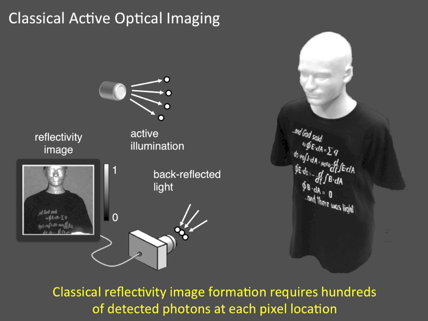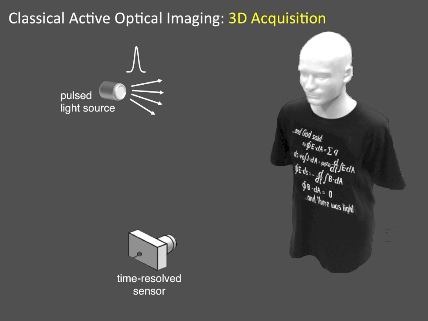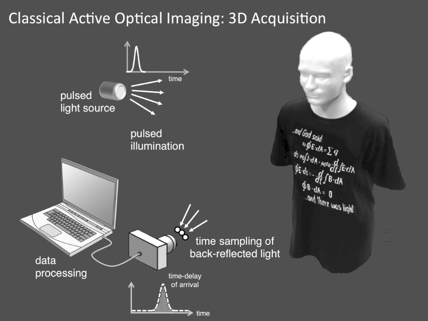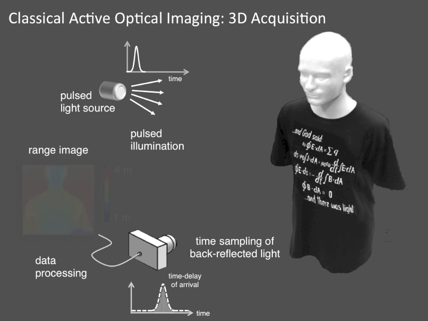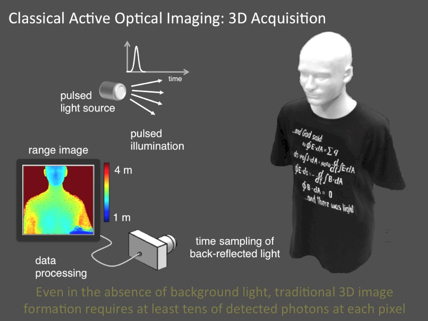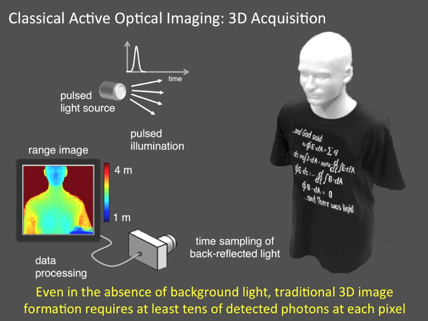pixel. 3D acquisition using active optical imagers such as LiDAR systems is achieved using pulsed illumination and time sampling of back-reflected light using a time-resolved detector. Computational processing of the measured photocurrent is used to acquire depth using the time-of-flight principle. The depth or range image formed using this computational method reveals the object's 3D structure. Even in the absence of background light, traditional 3D image acquisition requires at least tens of detected photons at each